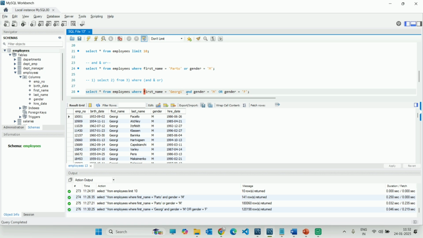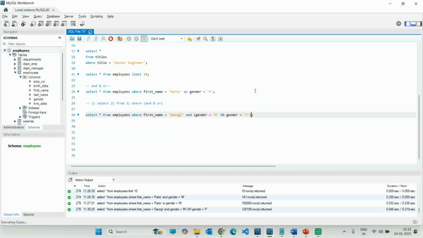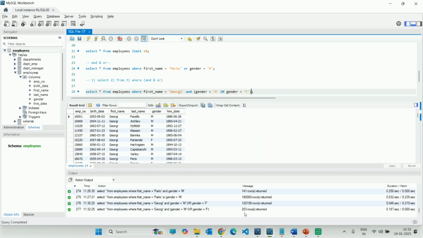Now let us try changing this with something like AND, and then control enter. Now you see the output, we have only 253 rows. What's happened now is, I've specifically mentioned don't take precedence in a default way, but take it in a way like first name should definitely be Georgie. So we have now only the first name Georgie. If you click on this, see there is no change. That means there are no other characters other than Georgie. So it's only Georgie, and along with that it can be